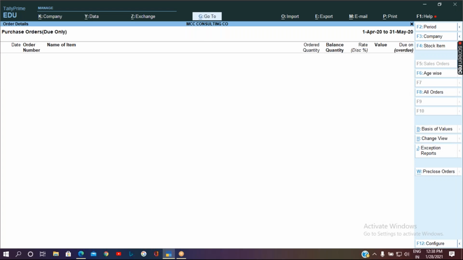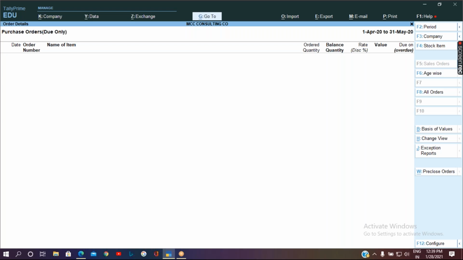So we have seen how we can do purchase order entry, and how we can track it from one transaction to other transactions. We were able to track it from the purchase order entry to receipt note with the order number, and from receipt note onwards, it is the tracking number to the rejection out, and for the purchase invoice, it ends there. Then from the purchase invoice to debit note, if you want to connect it, it will be order number and the bill wise reference.